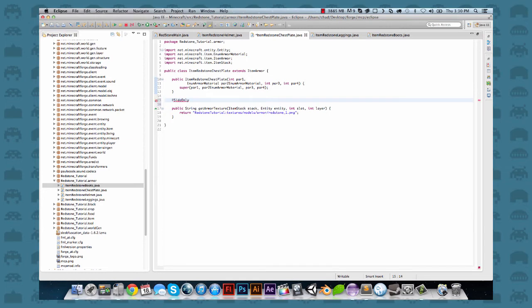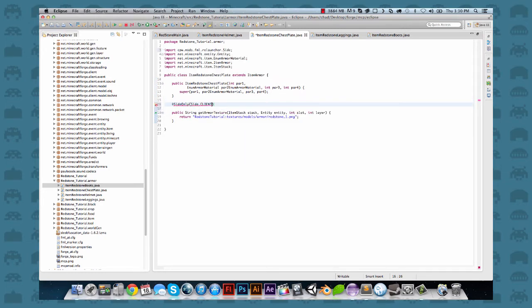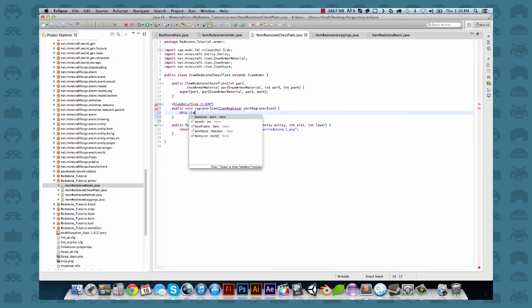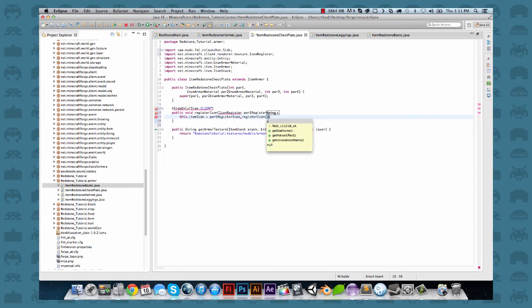At SideOnly Side.CLIENT, public void registerIcons, IconRegister par1. this.itemIcon is equal to par1.registerIcon, redstone tutorial colon